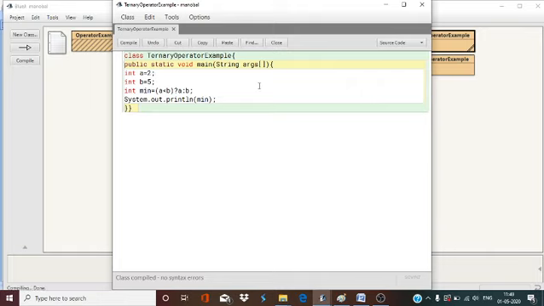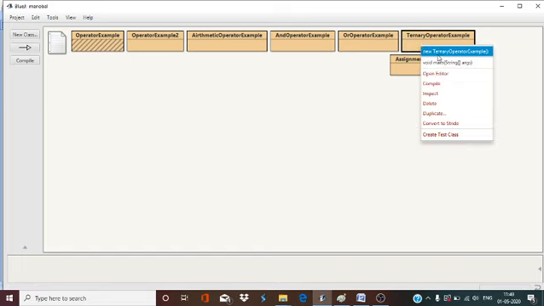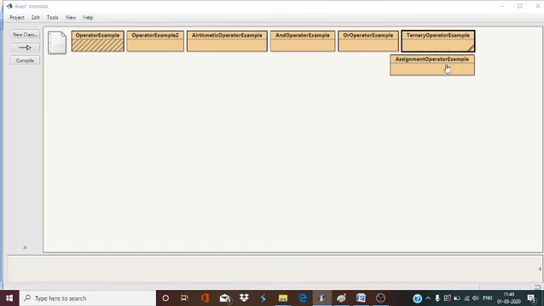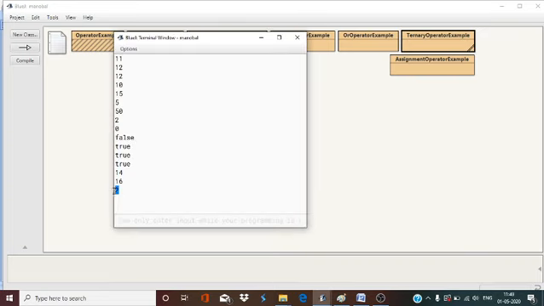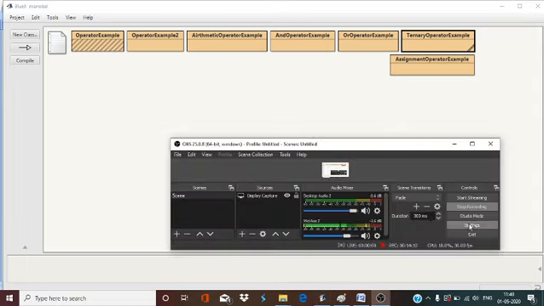Now see, are you getting 2 or not? Yes. This is all about the operators, and this much you have to understand in Java about these things.